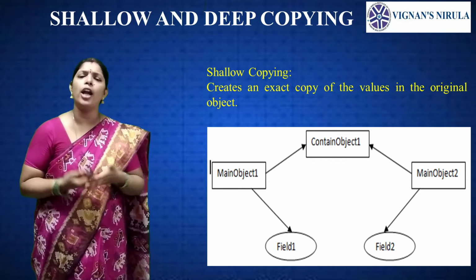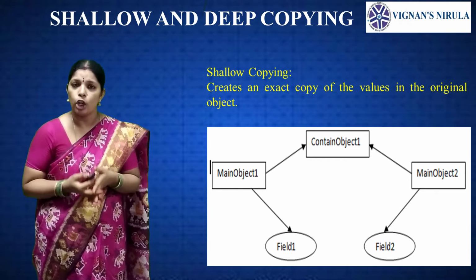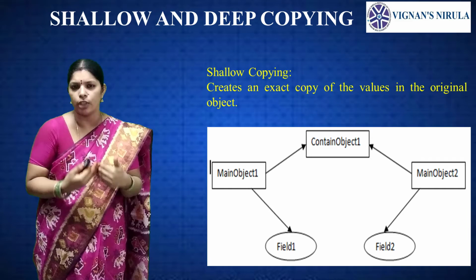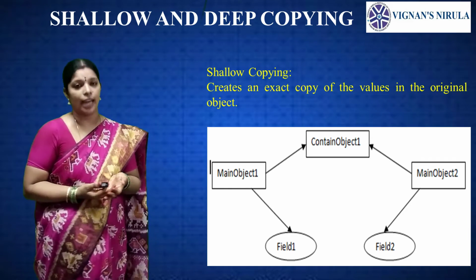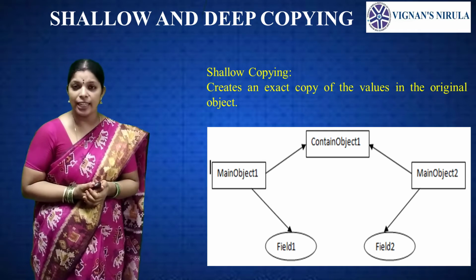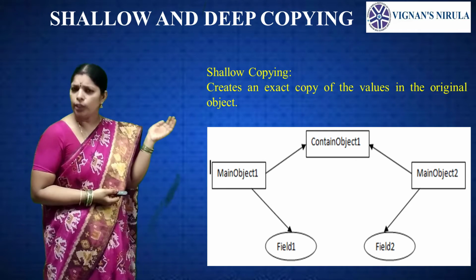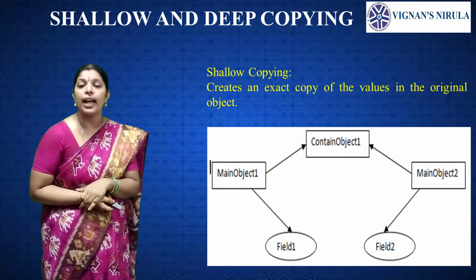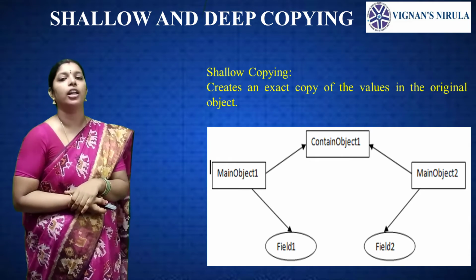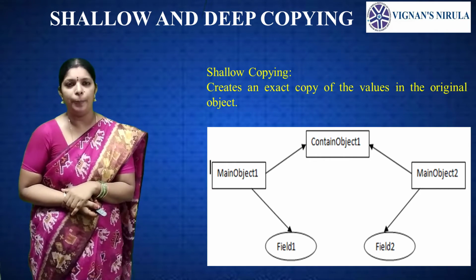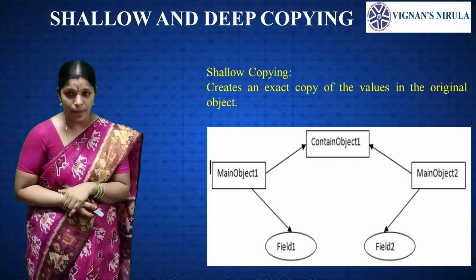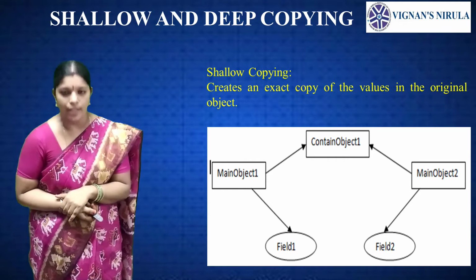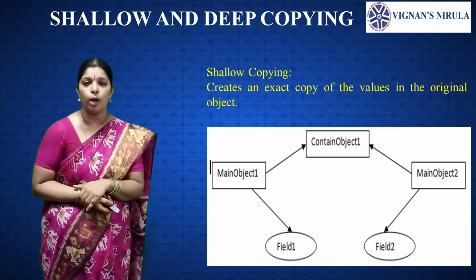When we use the default implementation of the clone method, we get a shallow copy of objects. That means it creates a new instance, copies all fields of the object and returns it as the object type, and we need to explicitly cast it back to our original object type. The clone method of the object class supports the shallow copy of the object, and this object contains primitive as well as non-primitive or reference type variables. In shallow copy, the cloned object also refers to the same object to which the original object refers, as only the object reference gets copied and not the referred objects themselves.